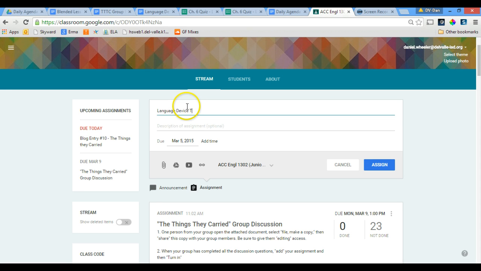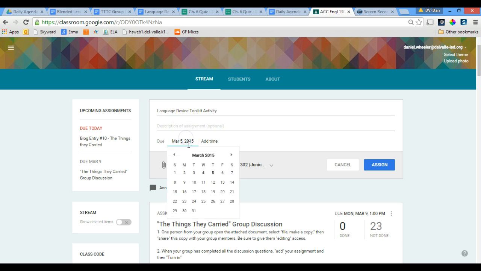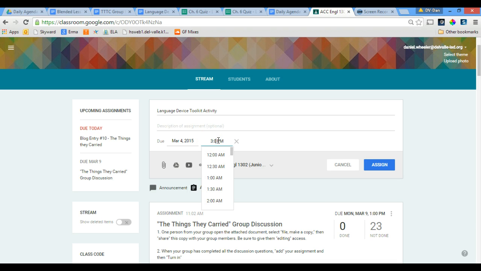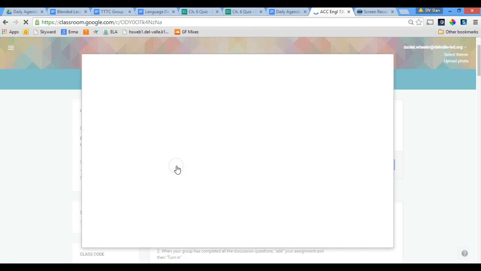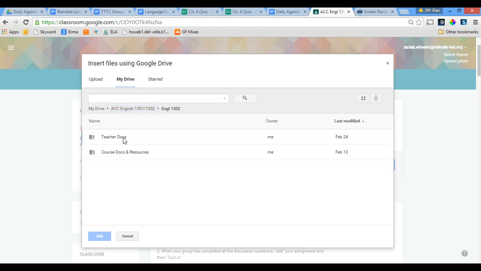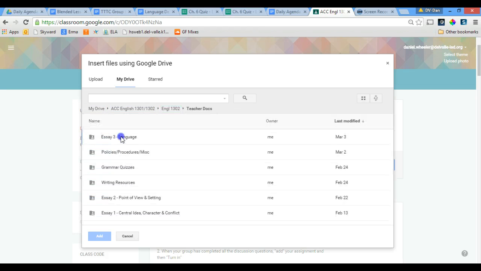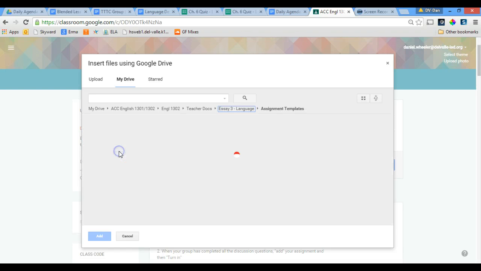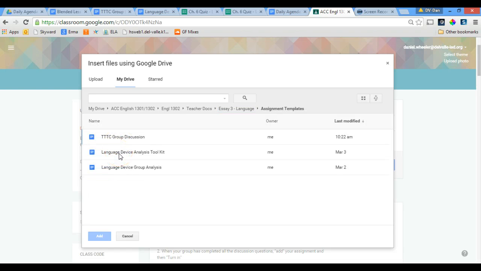Language device toolkit activity. Now this is something I want them to work on in class today, and it needs to be done before class is up. So 3 o'clock. It's going to go to my juniors only. I'm going to find my Google Drive item, go to my course 1302. Again, this is a teacher doc, and it's in SA3, and it's in my assignment templates, and it's called